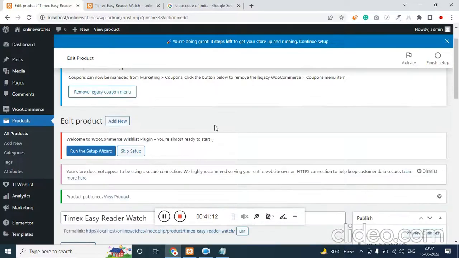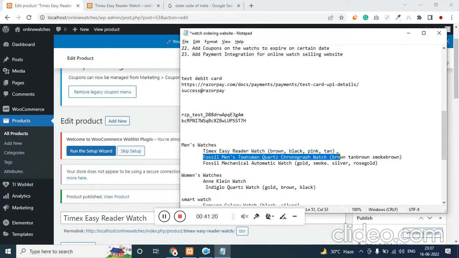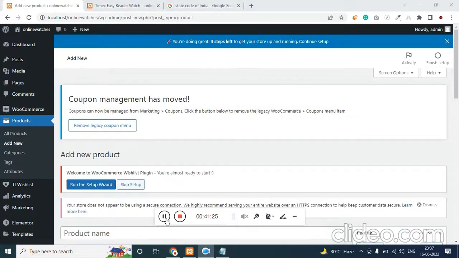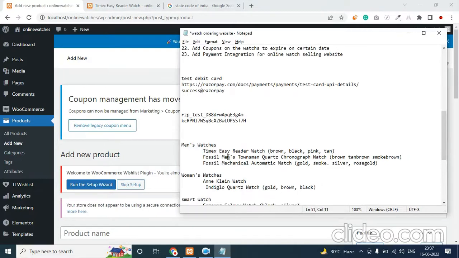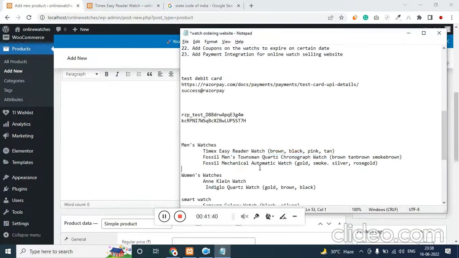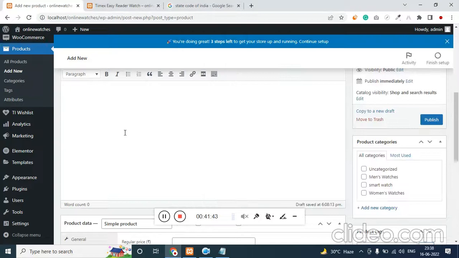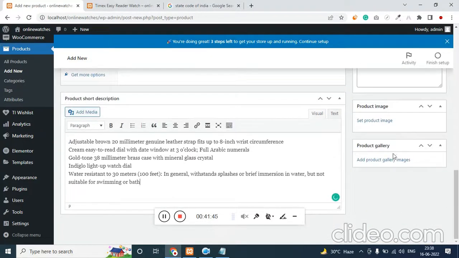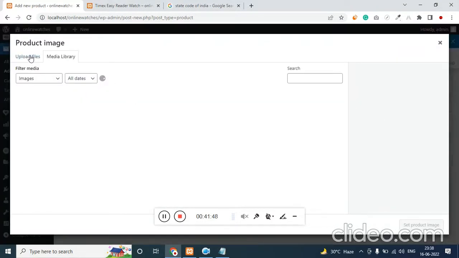Now likewise let's add another product. So this is fossil. This has 3 attributes. So add new. Here we can have the next product name, and then the description, short and long description, product image,